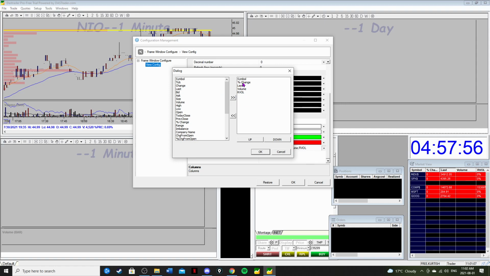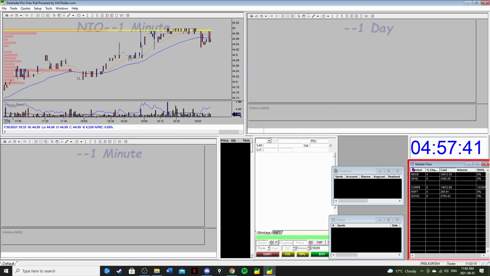You can just see right away, you see the settings I like. So you can do whatever you want. You start with change. I take mine out for change percent, so we can look at the change percent day, but you'll go ahead and go through all these settings and you'll pick what you like. So that's our market viewer,